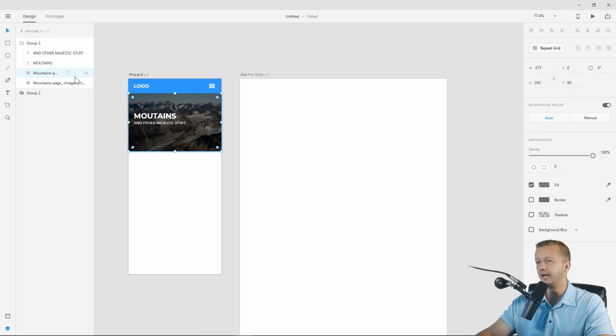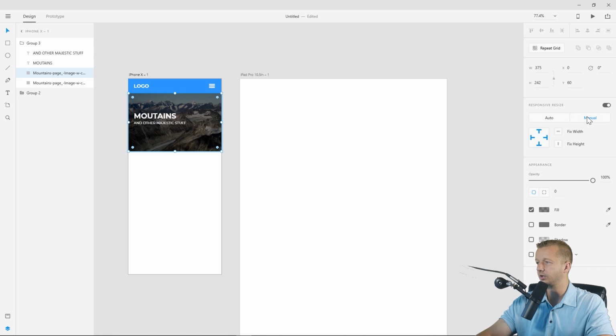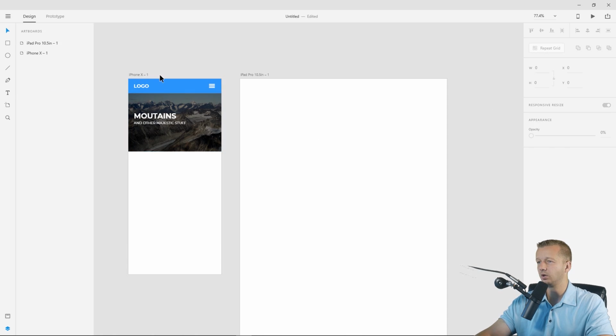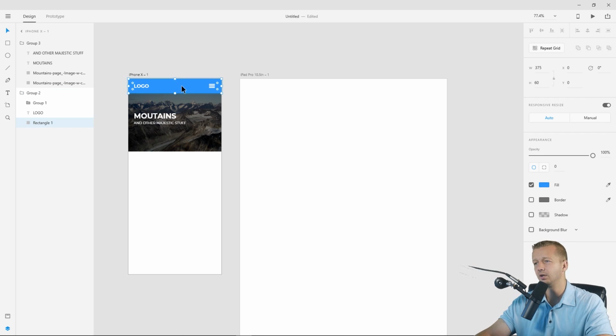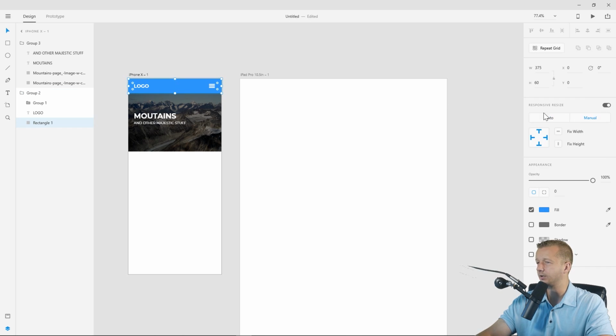All right. Now we'll take both of these elements right here. This is the top one that just has some opacity to it. We're going to take a look at this, and we definitely don't want a fixed width or fixed height. And this works well as just having all of these activated. And you want to make sure this one matches up as well, and it does. Great. So then we'll take a look at this group over here. This one for the navigation bar, we definitely want it to have a fixed height